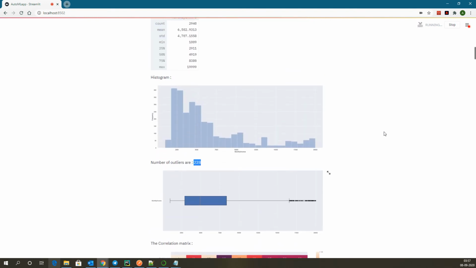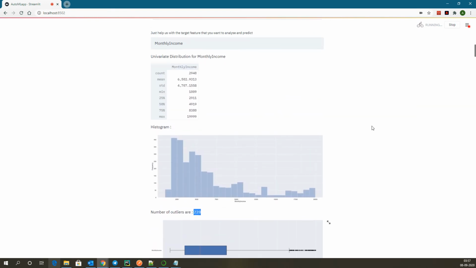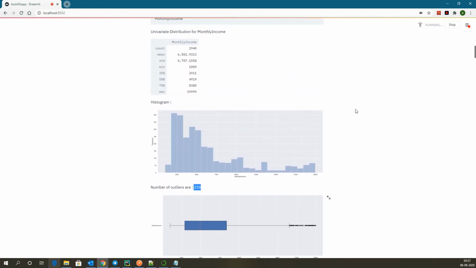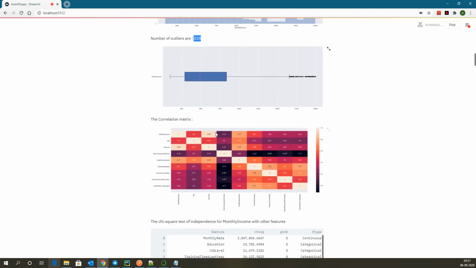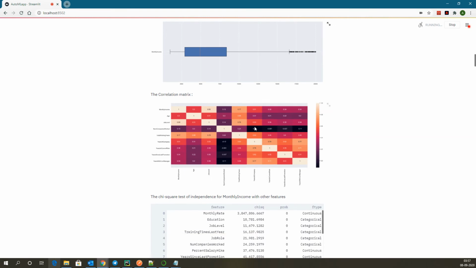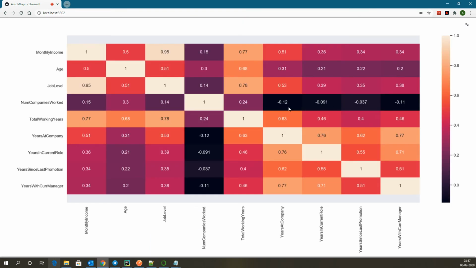So this is different from what you were seeing when the target was a categorical feature. Then comes the correlation matrix. It is plotting the correlation matrix of all independent as well as dependent features.